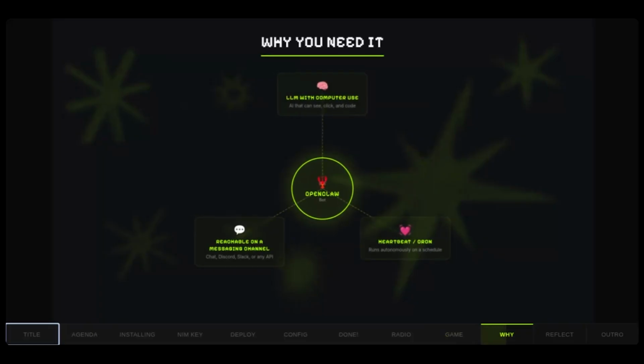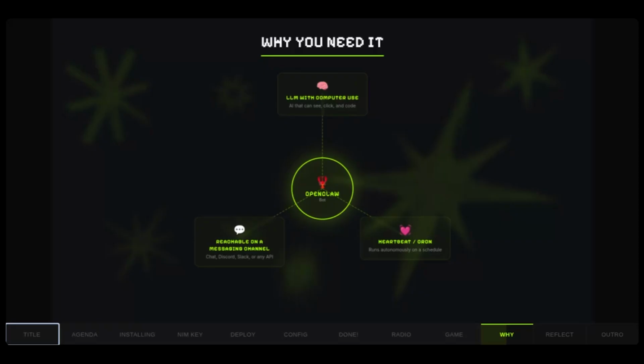Can you guys see this diagram? Yeah, so this is what OpenClaw essentially is. First is an LLM with computer use, which means it has its own computer, so whatever you can do on a computer, it theoretically can do, for example, write code. And the latest models can also see. When you send a diagram to Claude, it understands what that is. If it's making a game and sees a screenshot, it understands what's happening. So all of that is very powerful. It has a computer, so whatever a human can do, outside of what bots can't do,